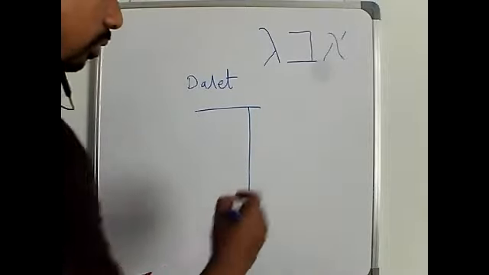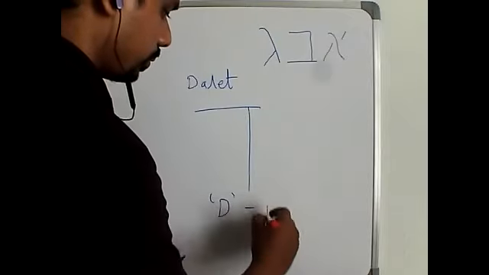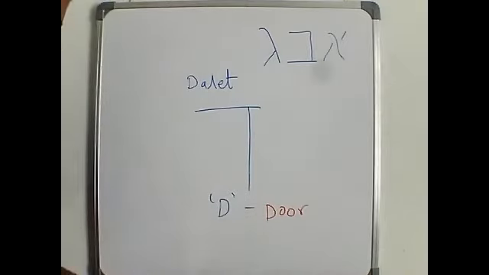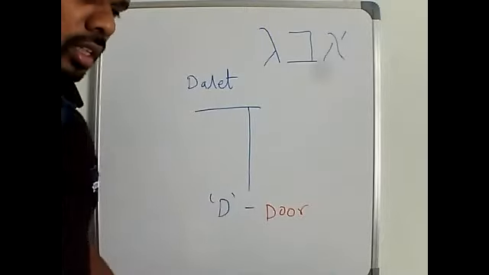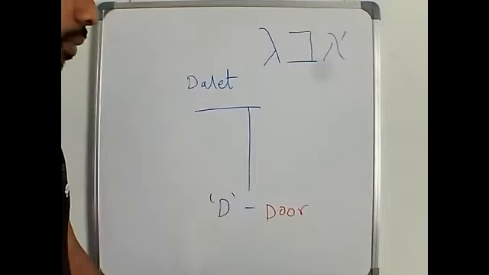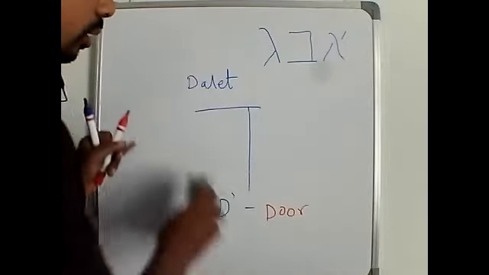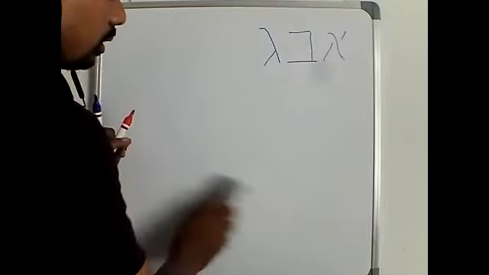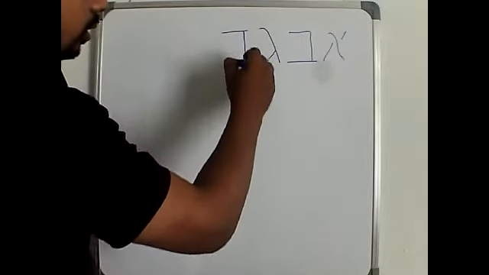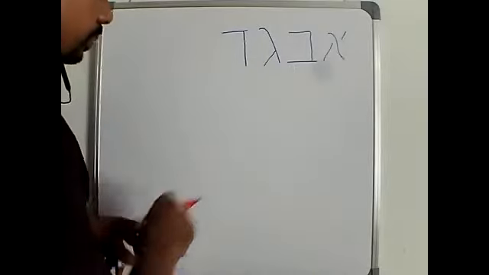And the sound is D, as in door. D, that is the sound. Some of the things may be funny for you, but you will enjoy learning Hebrew. So the sound of Dalet is da, that is the sound. Let me try the next one. Aleph, Beit, Gimel, Dalet. The next is